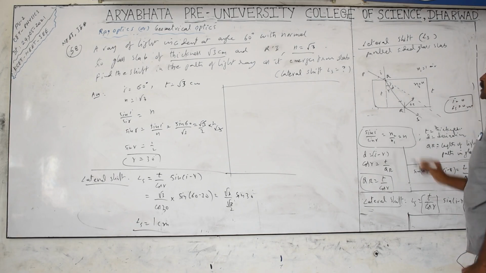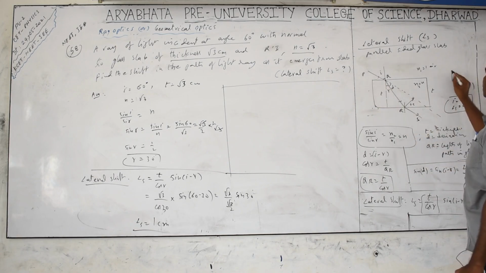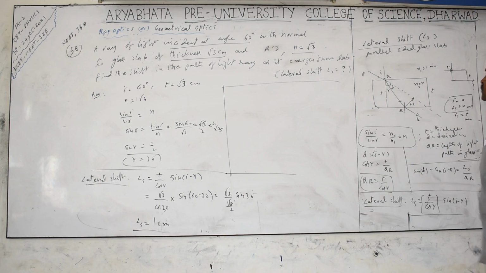These are minimum and maximum conditions. If the light ray is coming parallel to the upper surface, like this, it goes and comes out from here. That means total lateral shift is nothing but equal to the thickness. So LS equals T, that is the maximum. The angle of incidence is equal to 90 degrees. These two conditions only they will ask you for CET, but problems will be given with values for NEET and JEE. For CET generally they don't ask problems related to the lateral shift. It is not there for your theory exams also.